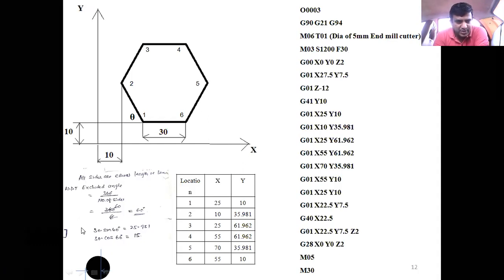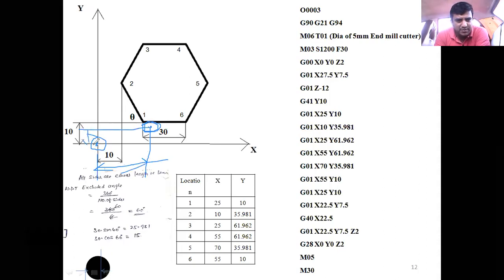Now where is the cutting tool here? The cutting tool is at the origin now. Up to the 5th line, the cutting tool is at the origin, right? Now this is the center of the cutting tool. Now move the cutting tool from the origin to where? I think you can see it here. Move the cutting tool from the horizon to the first coordinates. Now this is the center of the cutter, right? Now what is the x coordinate for this? Can anyone tell me? What is the x coordinate and what will be the y coordinate?